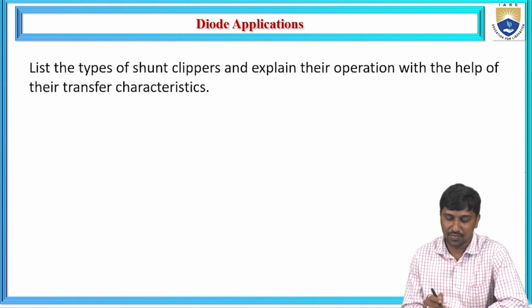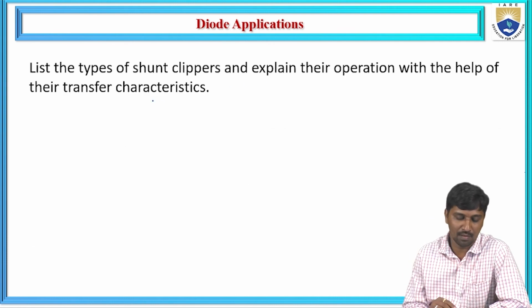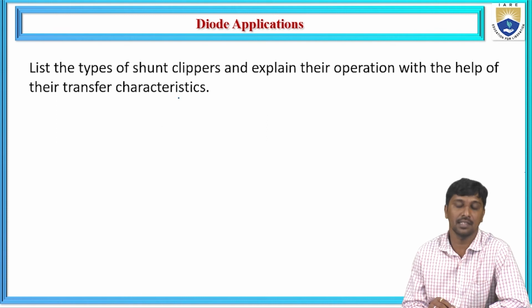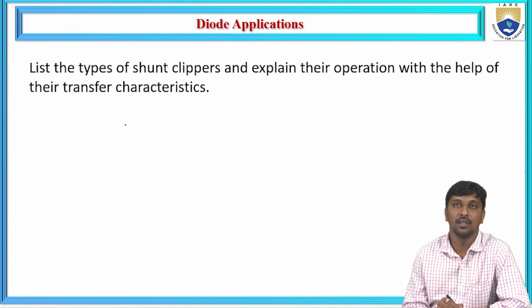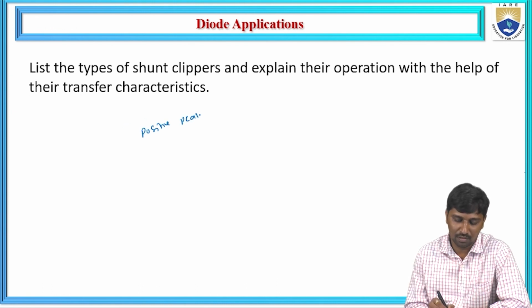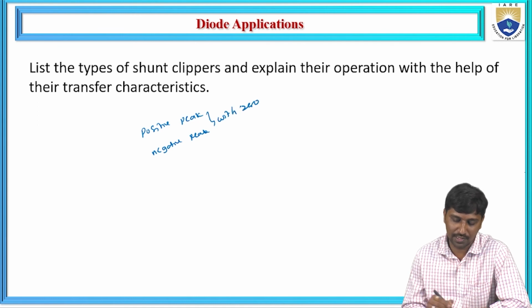Now, list the types of shunt clippers and explain the operation with the help of the transfer characteristics. In this question, first you identify what the shunt clippers are. We have the positive peak clippers and the negative peak clippers, which are the two conditions with zero reference voltage,